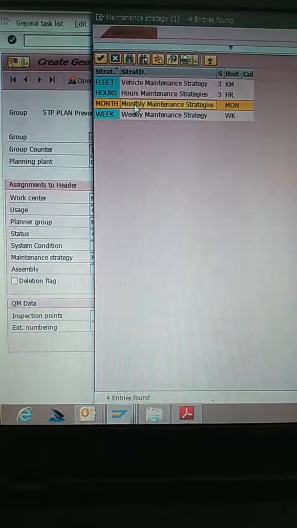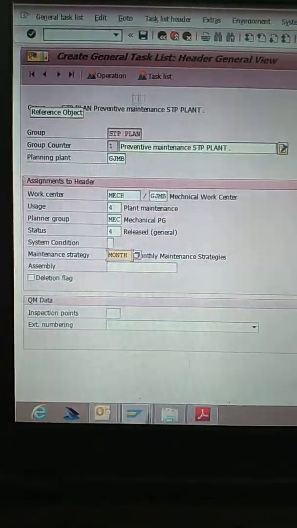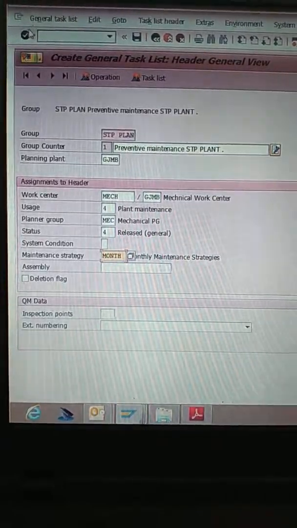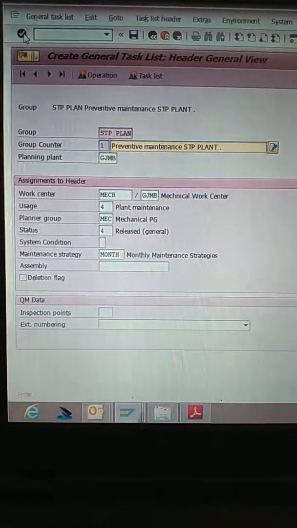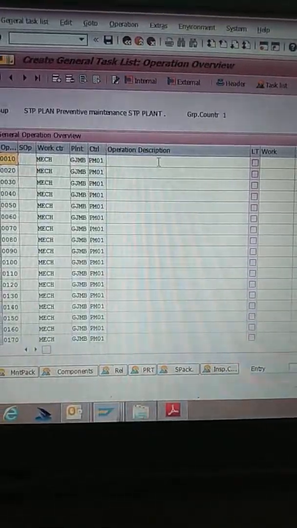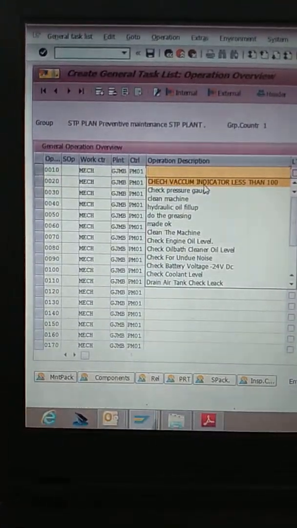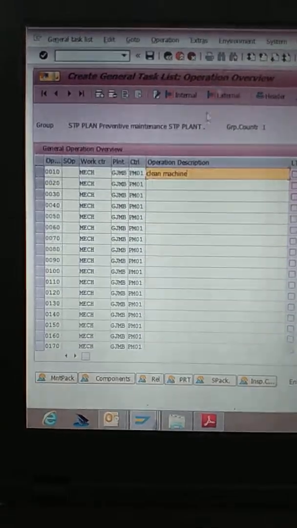So now I am taking monthly here, then enter. Okay, then going in operation. So here I am just writing clean machine,